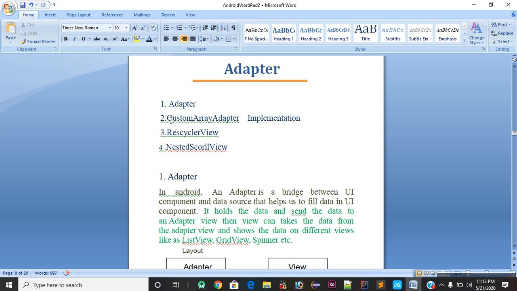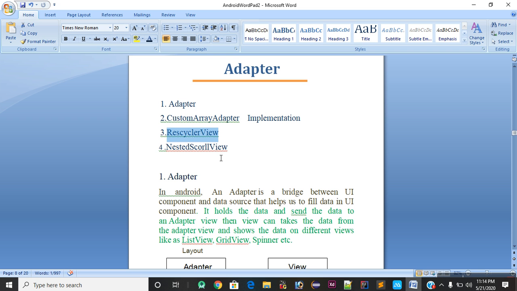So guys, if you have not watched my previous video, in that video I discussed as a practical how to implement a custom array adapter, and also the recycler view adapter. If you have not watched how to implement the recycler view adapter as a practical, you can click the I button at the top right and watch my previous video. Go to my channel and watch my previous videos on the topic of Android adapters, custom array adapter, recycler view, and recycler view adapter. How to implement a recycler view adapter inside of Android.